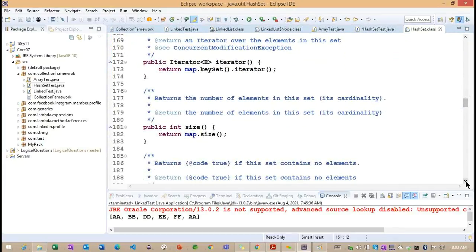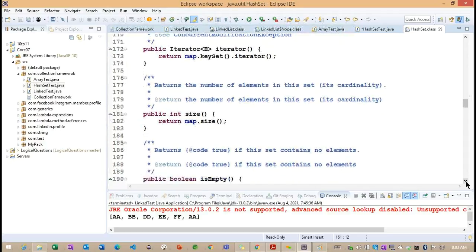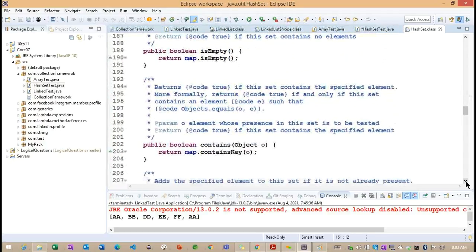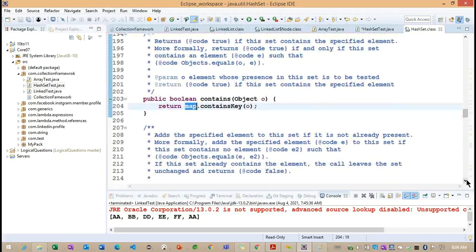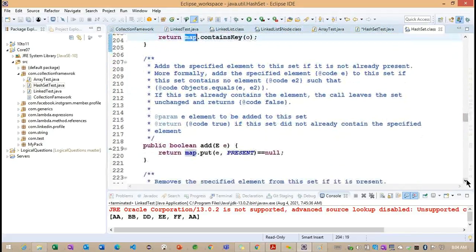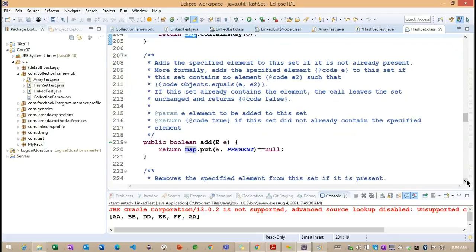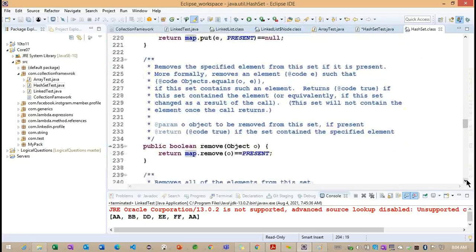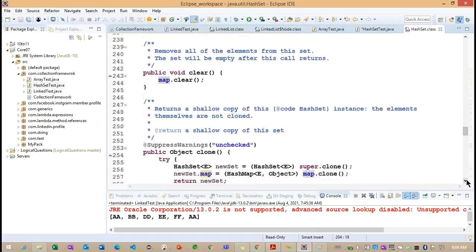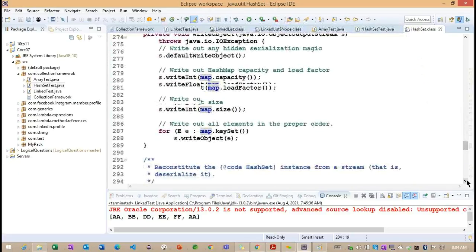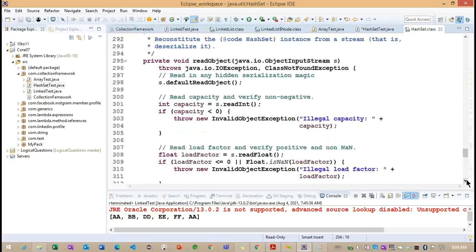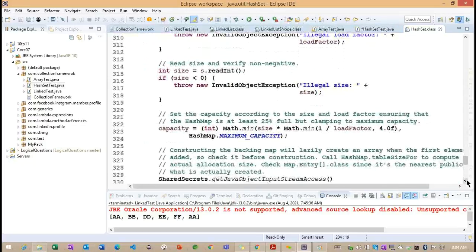Now iterator, size, and isEmpty. You can see everything is coming from the map reference. Any method is called from the map: map.remove, map.clear, and clone also uses the map. Finally, this is a private method we don't want to discuss, so readObject and the others are private methods.